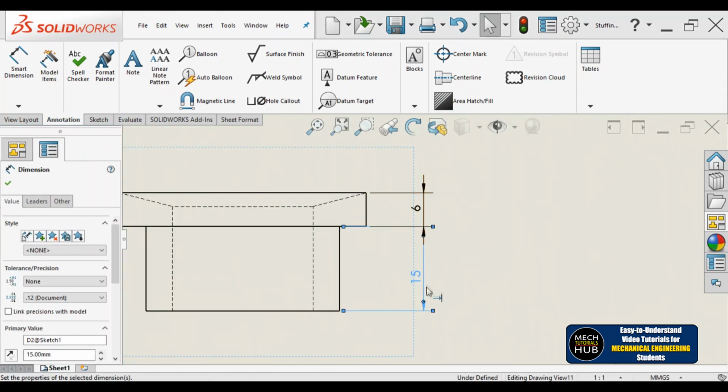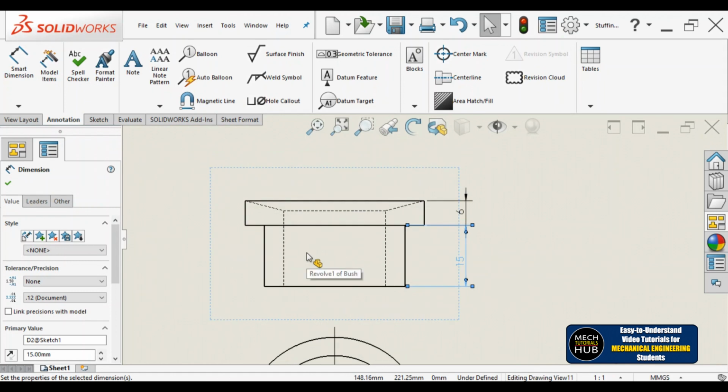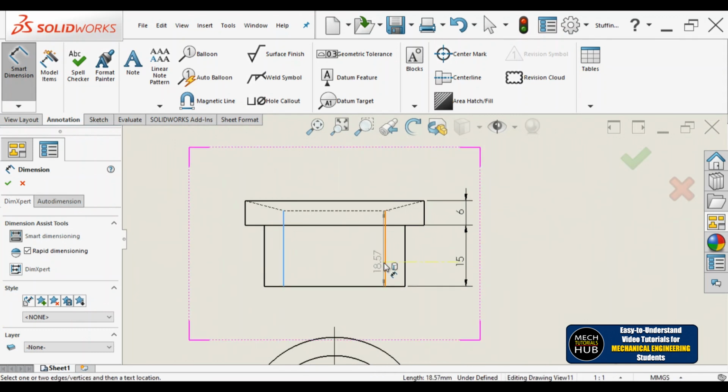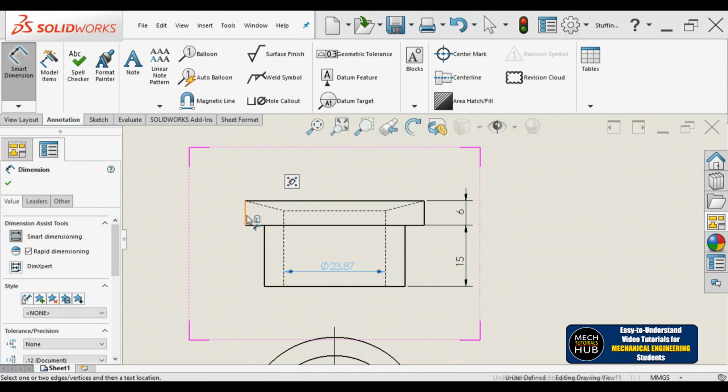So try to align dimensions. Aligning in a row, alignment is also important, whether it is horizontal or vertical. If you are working on a conventional sheet of paper also, this alignment is very much important. Simply you can't place the dimensions wherever you want. Okay, that things you need to follow, that is important.